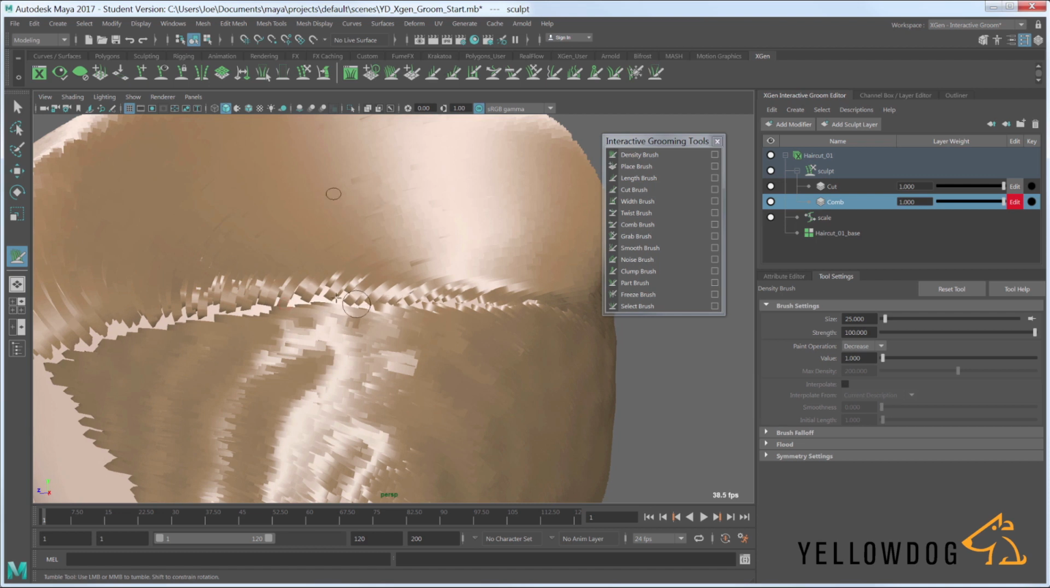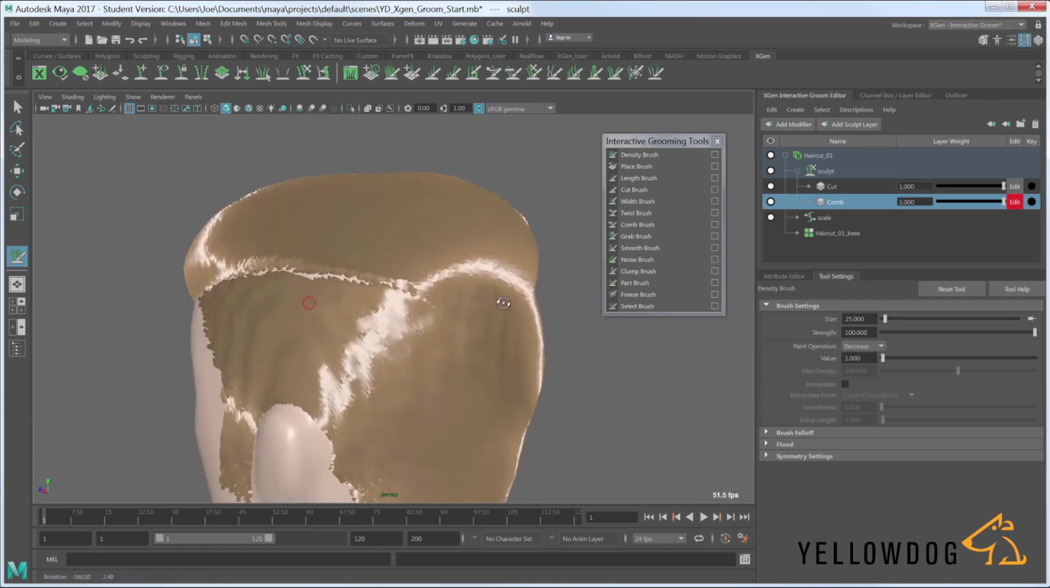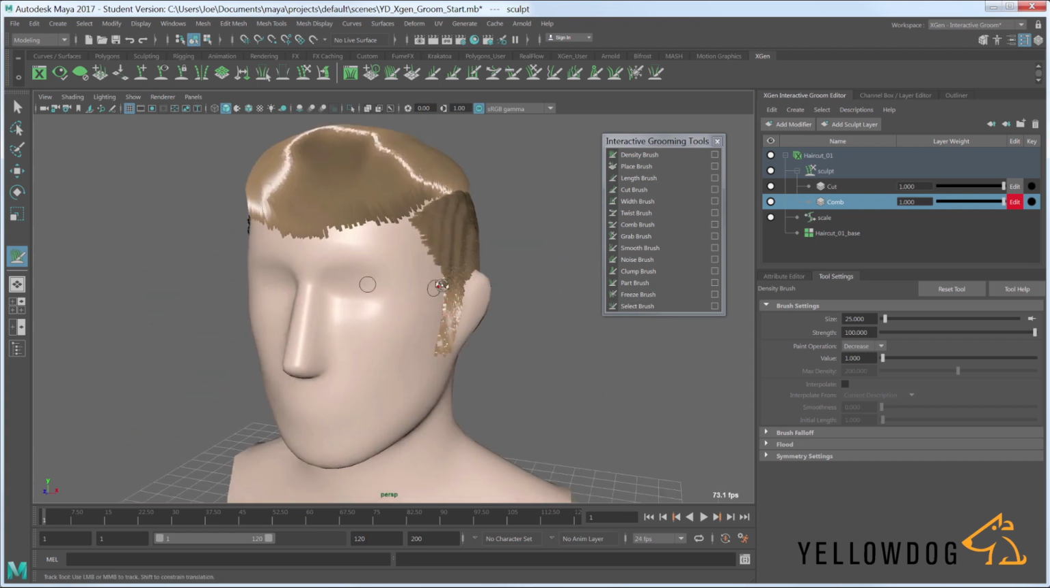And from looking at some reference, I've noticed that sometimes these partings are actually shaved into the haircut. So I'm just trying to recreate that now with the density brush, and it's created that on the other side as well, which I'm quite happy with. So I think the next step is just to start refining the way the XGen hairs look,